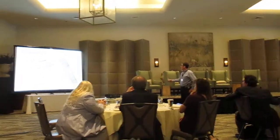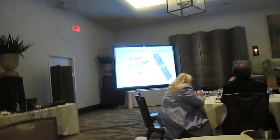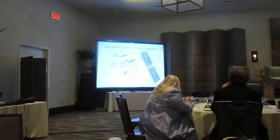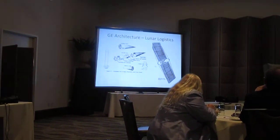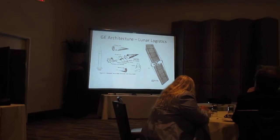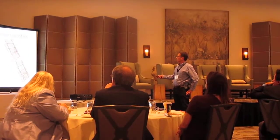This was the solar concept, and it was similar, except, of course, they had this large, unfoldable solar panel that they could use to generate the power. So really interesting. The other thing I noticed about this one that struck me right away was the fact that they had to have one separate set of thrusters for the outbound journey and another one for the inbound journey. And some of you that went to JPL yesterday